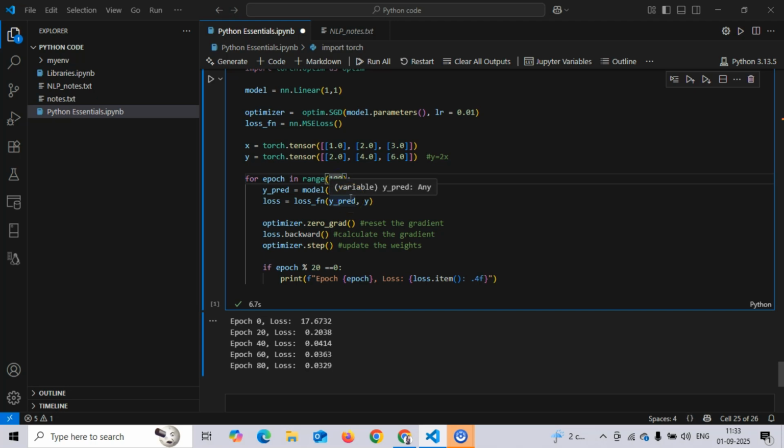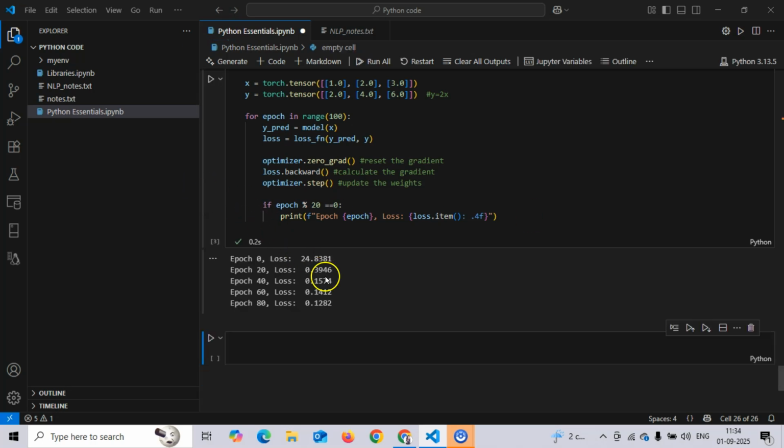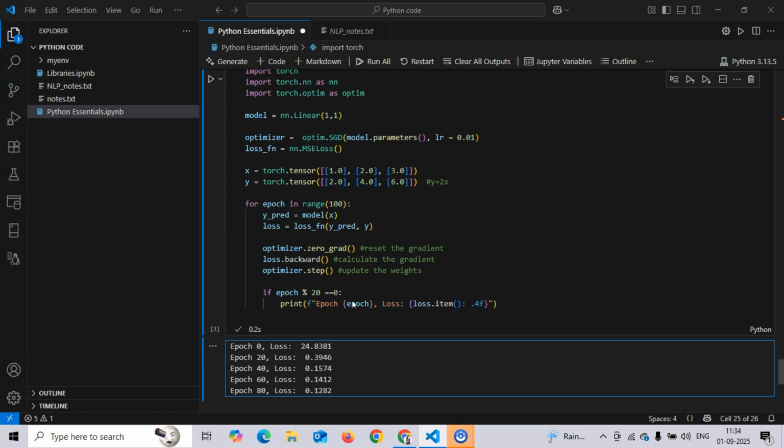If I set it to 50, let's say, and now I'm executing this, you see, I'm still decrementing it. Previously the loss was 39, now it has been decremented to 0.07. So in every range where you make a prediction and calculate something, you see I'm getting a different value. The loss is 24, now 0.03, then 1, then 1.128. So every time you're updating a value, every time your model is predicting something, every time you're calculating a loss, and based on your loss you're optimizing your weights and your steps, you make sure that you achieve the minimum loss that is possible.